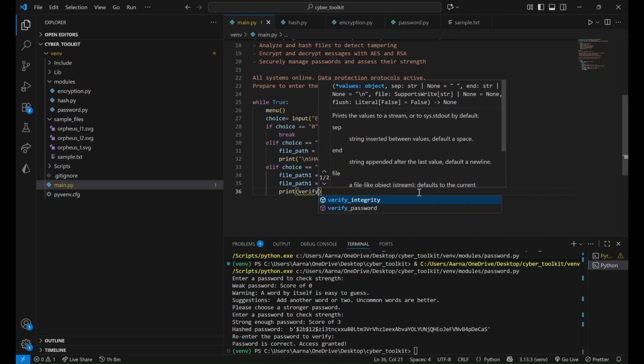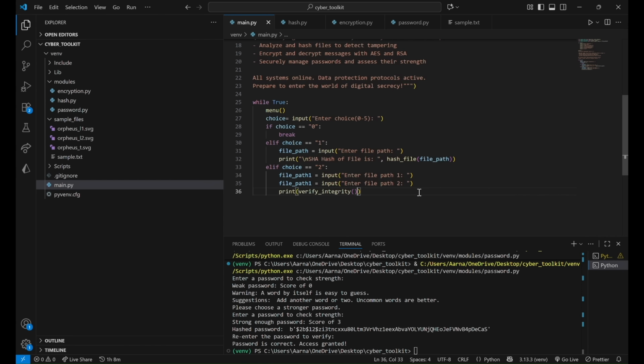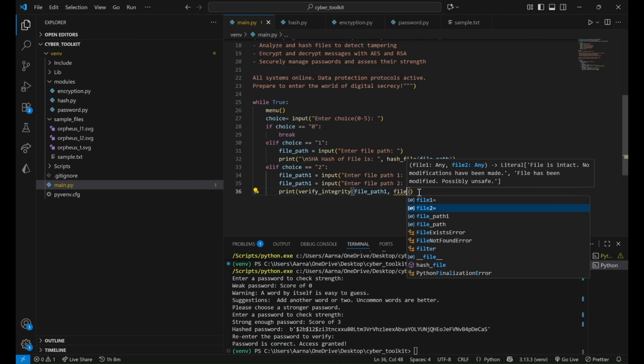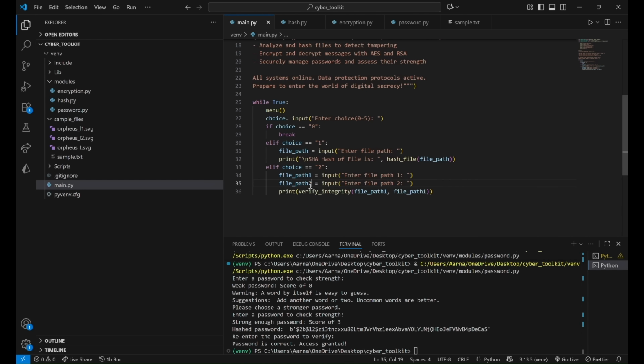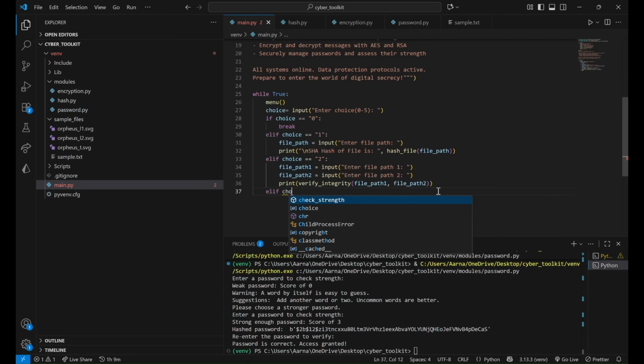And we're going to call our verify integrity function with both of those file paths. Cool. Now moving on to the third choice,